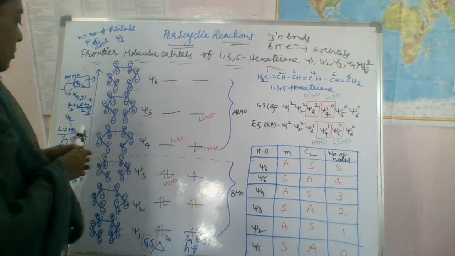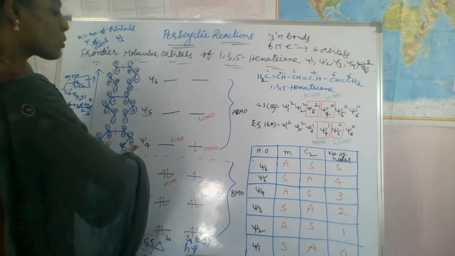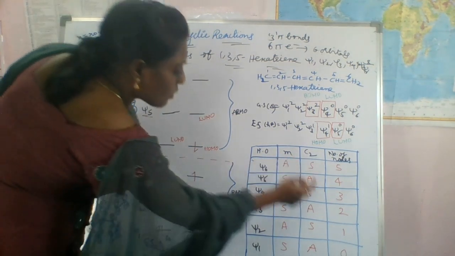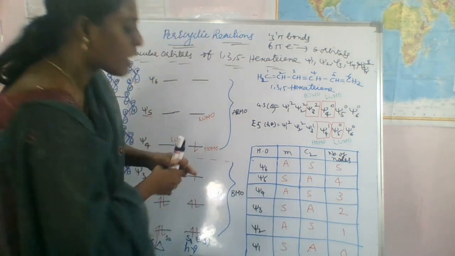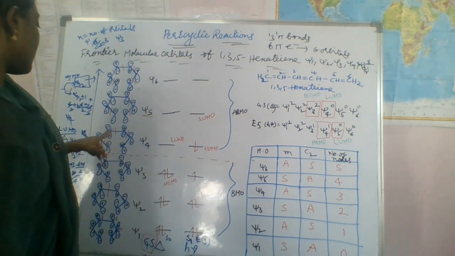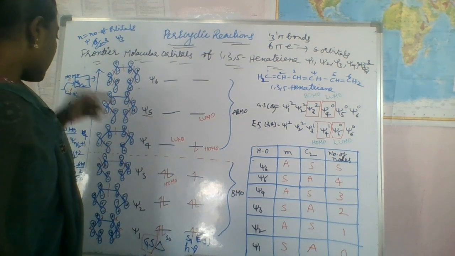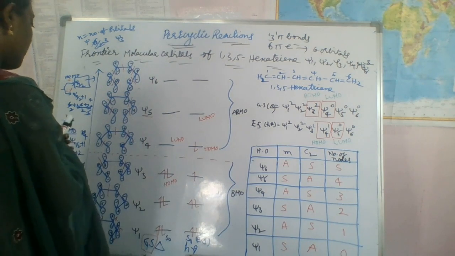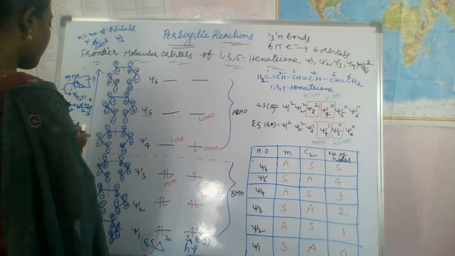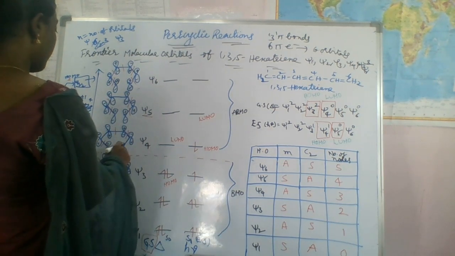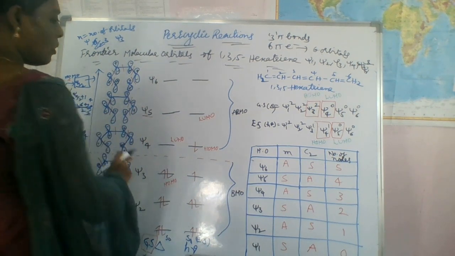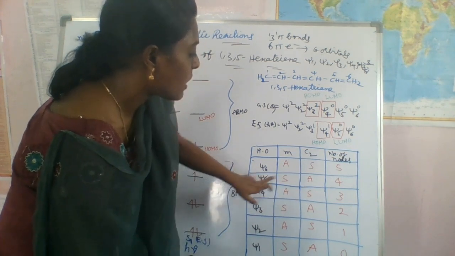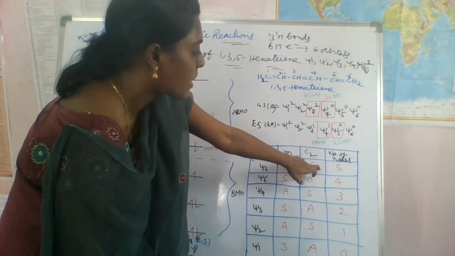Okay. If you rotate this one, then it will be symmetrical. So then it is called S, right? Psi 3 is again symmetrical, right? Okay. Next, what about here, symmetrical? Okay. So next, what about Psi 4 AS, Psi 5 SA, Psi 6 AS, right?